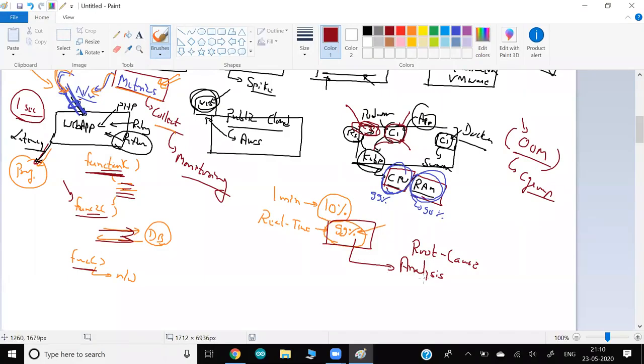For that we have to go to the log. By using the log, we come to know that this client IP, this hacker IP, is attacking my site, so we can take further action.